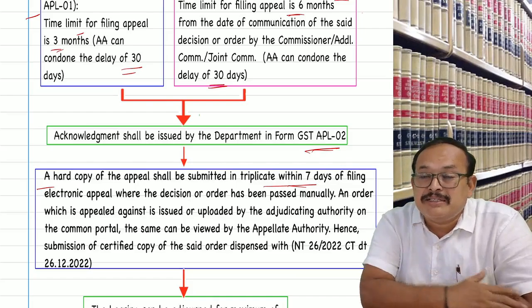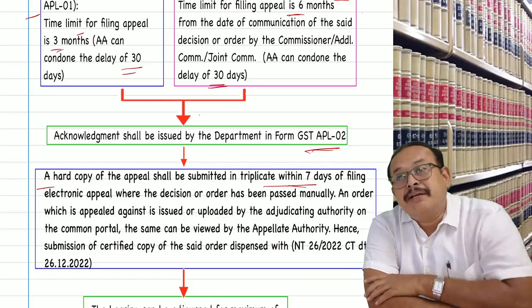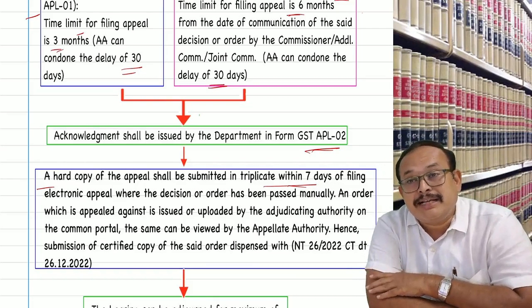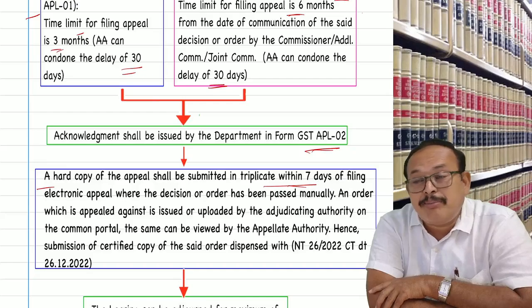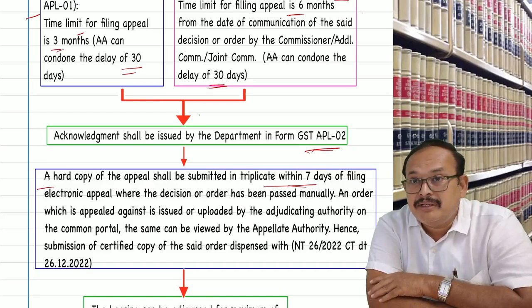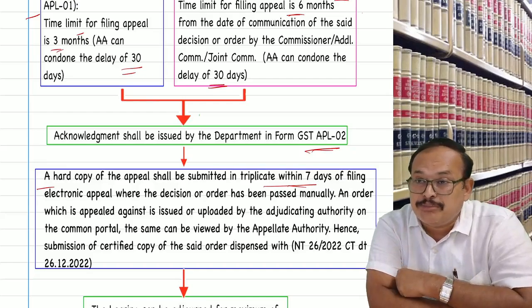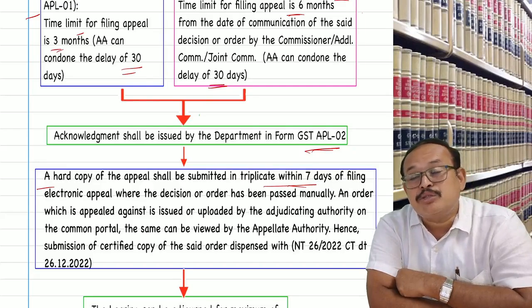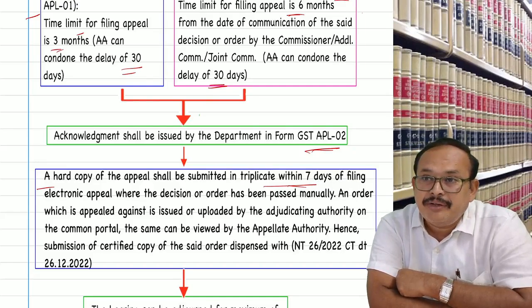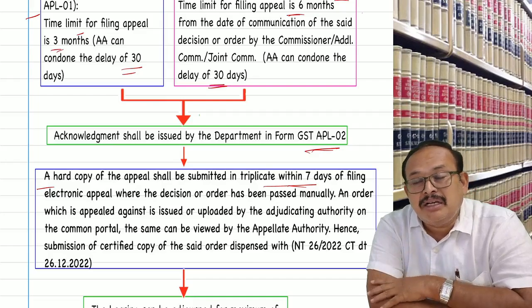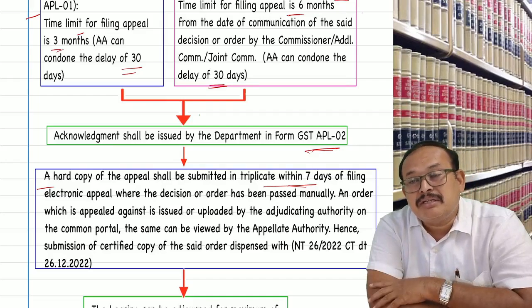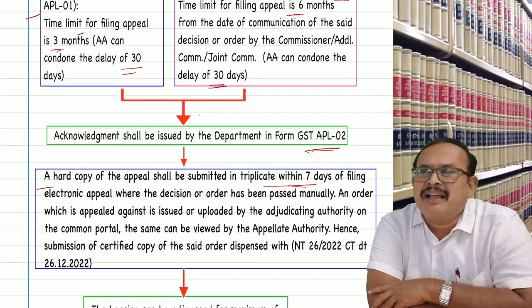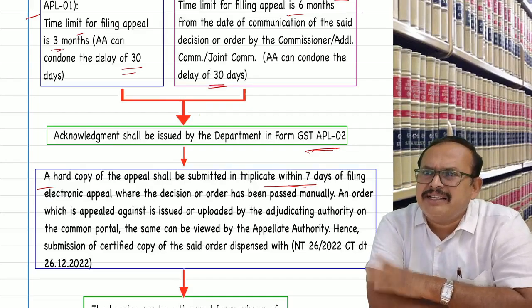Sometimes, before I say the latest case law, where the vendor did not pay the tax, whereas the buyer paid the tax to the vendor. Since the vendor did not pay the tax to the department, a notice was sent to the buyer to reverse the credit. That matter went to Commissioner Appeals. Commissioner Appeals did not accept it for hearing. Not fit for hearing. Get out.